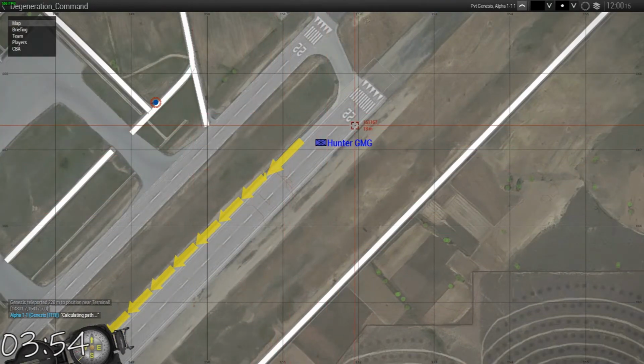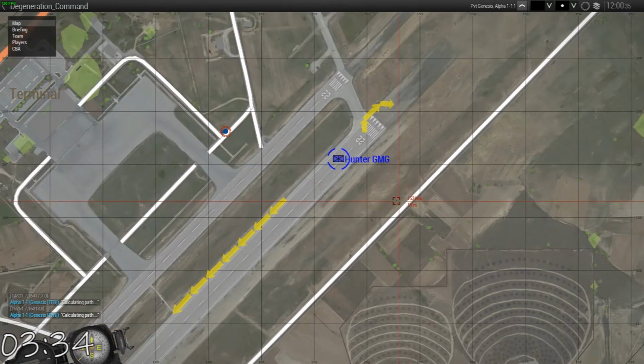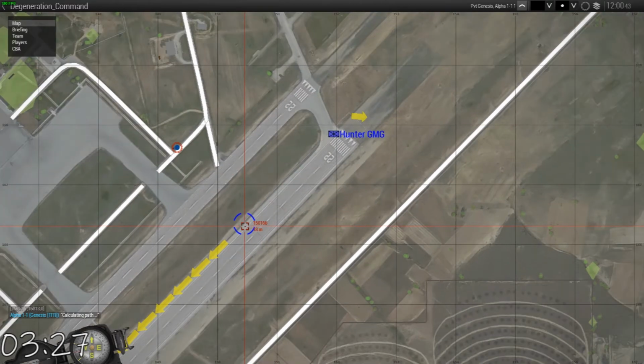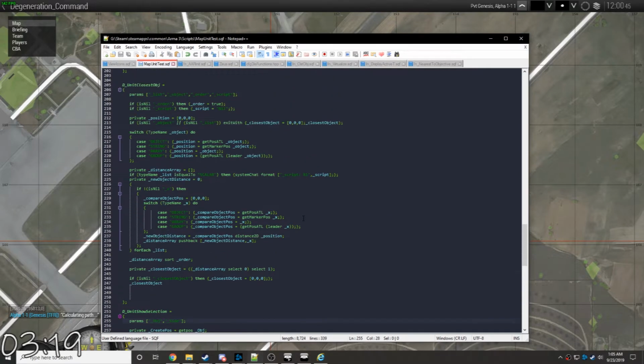Now I only see one marker here, and this isn't moving. Something's going wrong here. But now it just started moving. Oh my. We have the infantry squad here, but it's invisible. And the reason for that is because